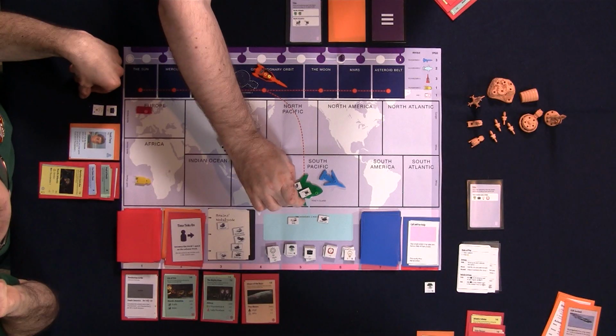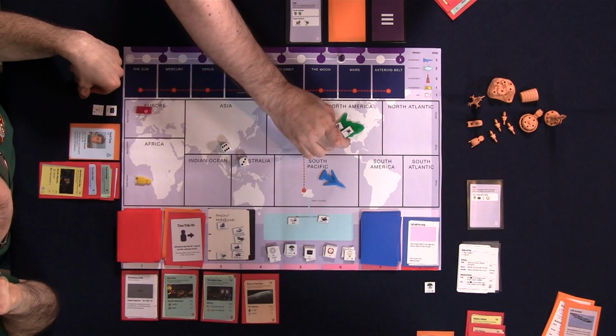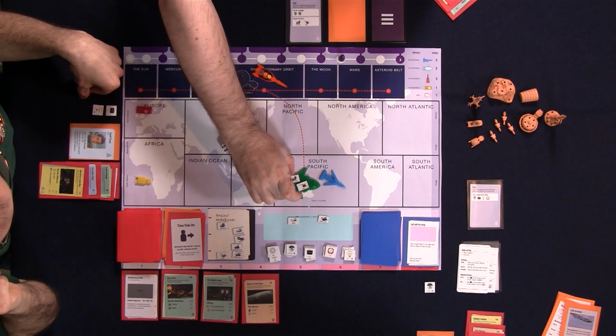Well, look, we've used 2 actions, pretty good, and I've got a +2 if need be. Yeah. So you've used 2 actions, so then that's going to head to North Africa. So just get to North Africa. Oh, actually, well,